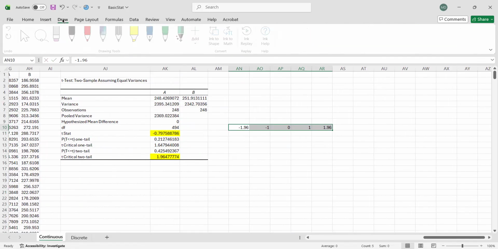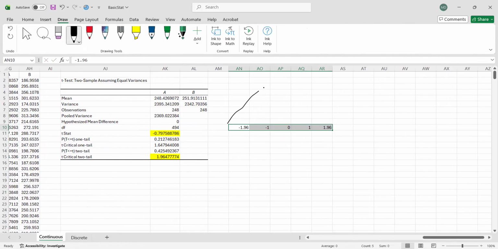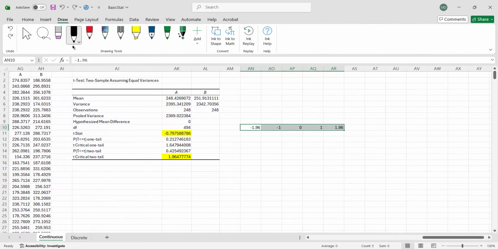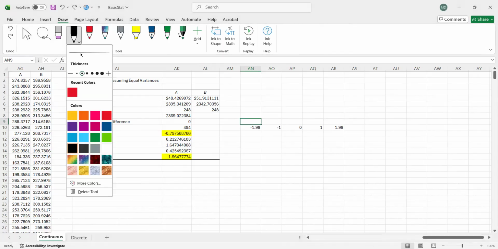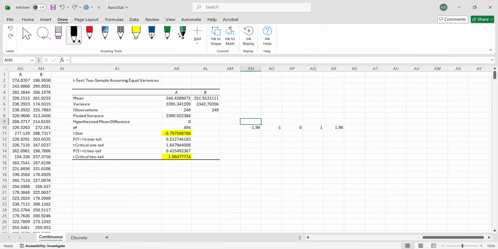I think I can draw here. We're not going to do the distribution again, that's why I'm writing it manually. How do I draw? We have to select the pen. Right. I don't know what happened.